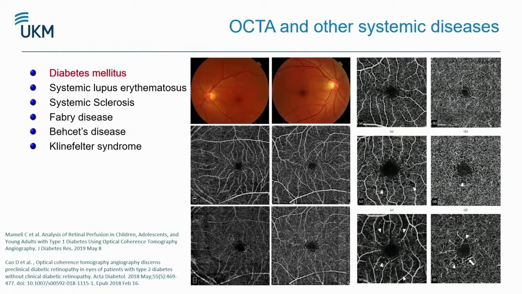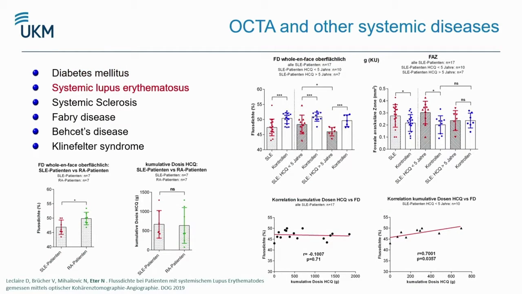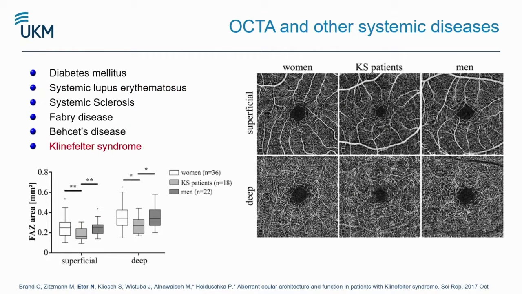So let's look at other systemic diseases, for example, diabetes mellitus. We all know that OCTA can show diabetic retinopathy and maculopathy. However, also in patients with no signs of diabetic retinopathy, there are already changes in the vasculature seen on OCTA. There is a reduced flow density in patients with systemic lupus, and this is independent of their intake of hydroxychloroquine. There's also a reduced flow in diseases like systemic sclerosis, Fabry disease, Behçet's disease,